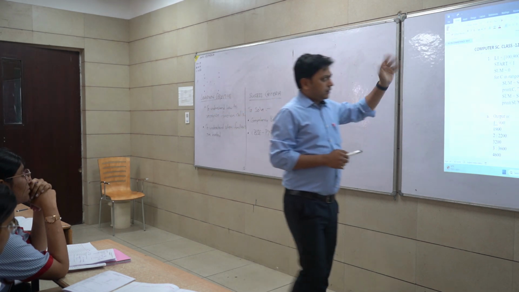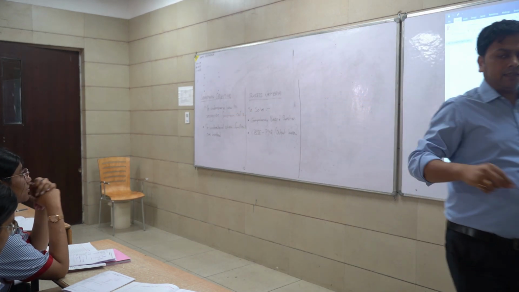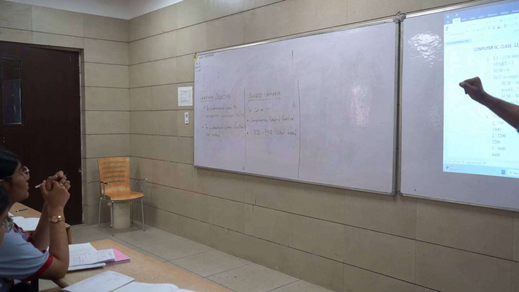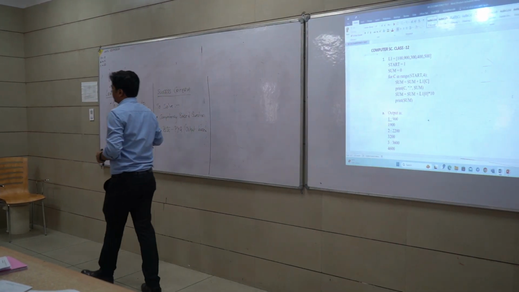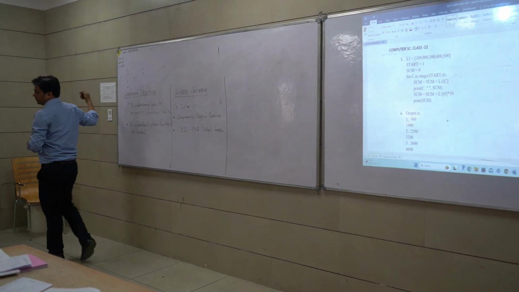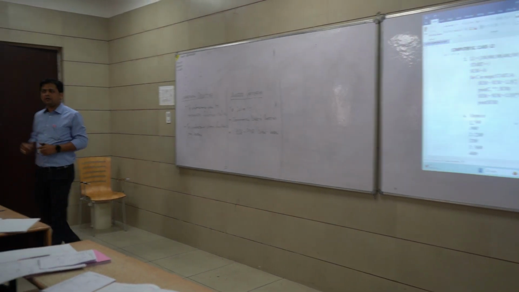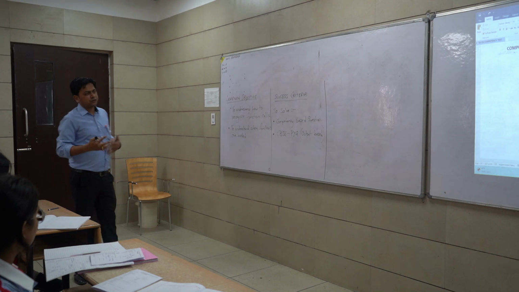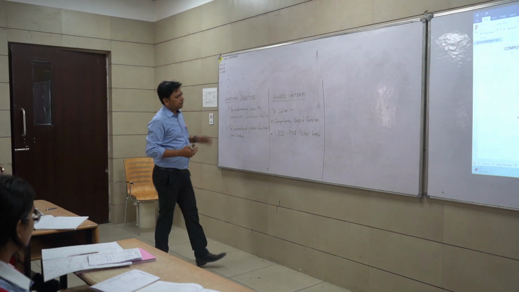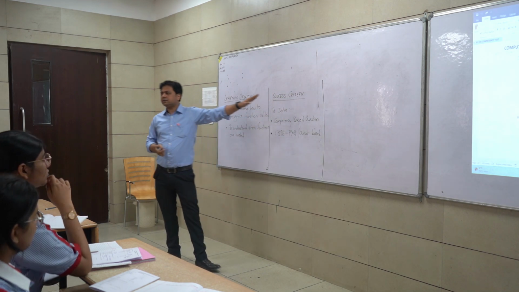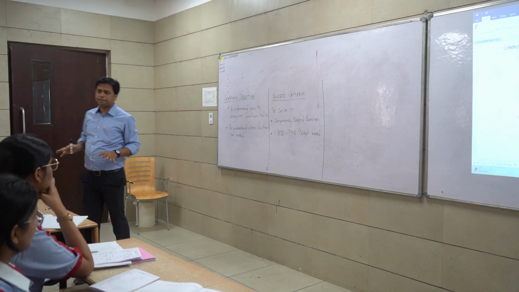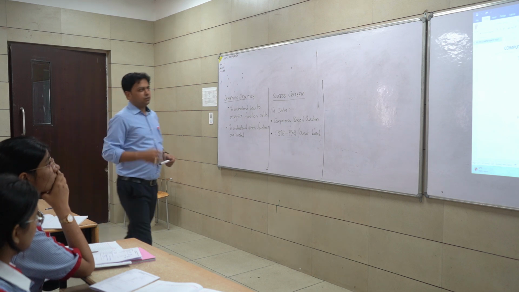First we'll take up the first question, and this is our learning objective today, and this will be our success criteria. What we are going to do is look into how functions are invoked by function call and how the outputs are evolved. Once you are done with it, this will be our success criteria. If you can solve this, that means you are done with it. Is that clear? So let's come to the question.